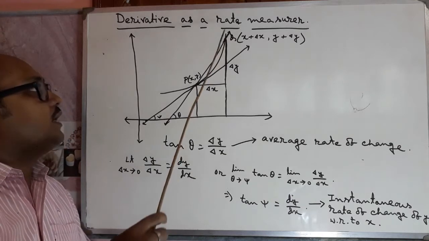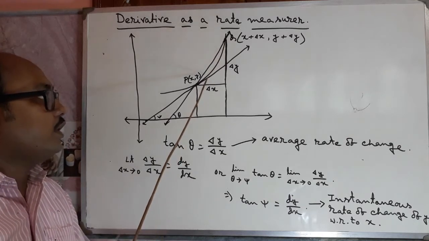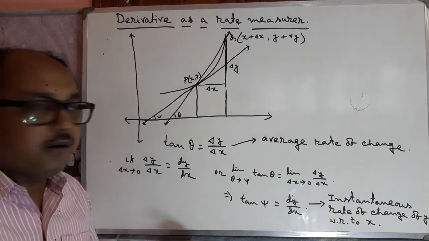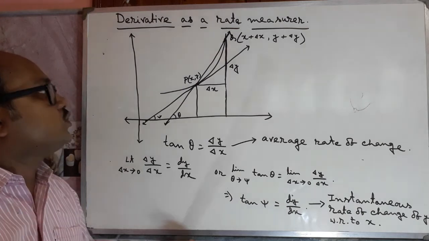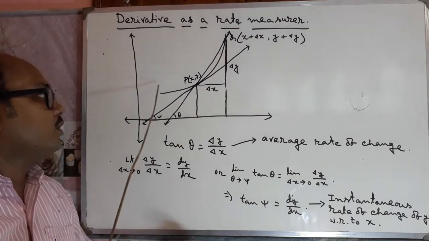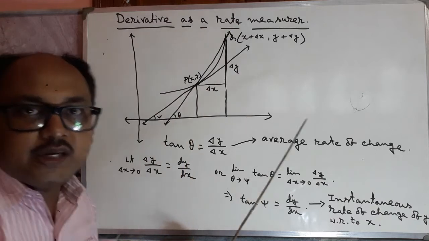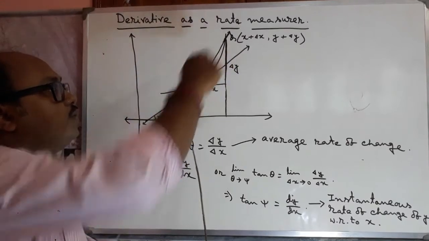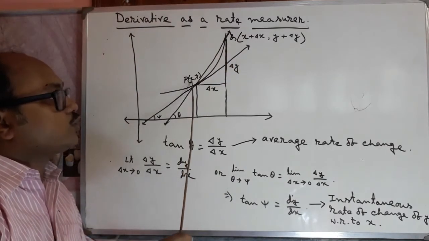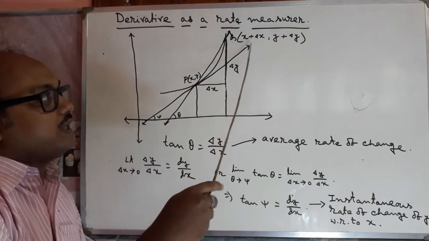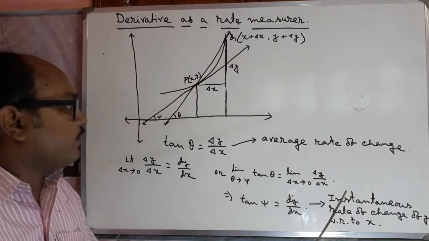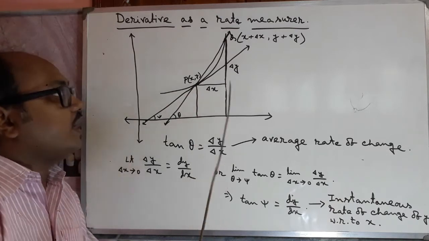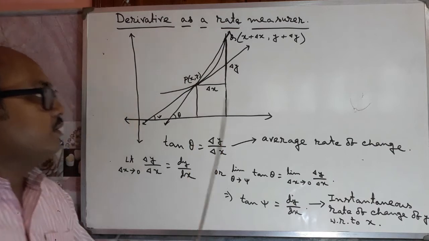You see here there is a curve, y with respect to x. It is a function y drawn here by this curve. y is the dependent variable and x is the independent variable. We took 2 points P and Q, where the coordinate of P is (x, y) and the coordinate of Q is (x plus delta x, y plus delta y). So what is the change in x? That is delta x, and the change in y is delta y.